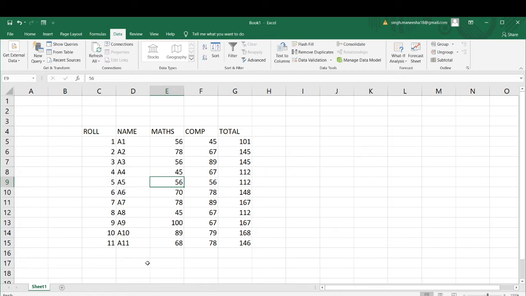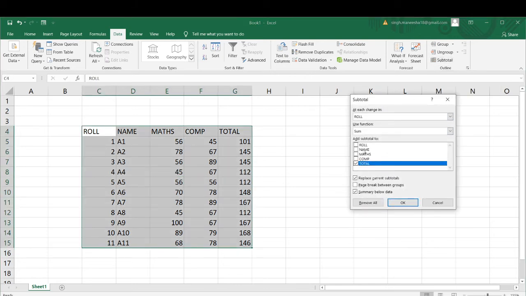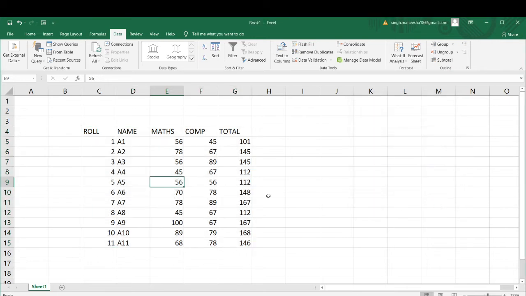Now after that we have to do adding subtotal in database also. For subtotal, where will you go? Come on children, you will go to the data tab and see the subtotal. This one. This is the subtotal. Which subtotal do you need? You have to choose it and then it will be added. Like what is the grand total? In this way, if you need it, select any cell within the range, click on the data tab, and click on subtotal. This is the subtotal, children.